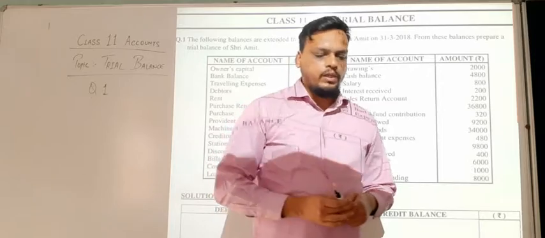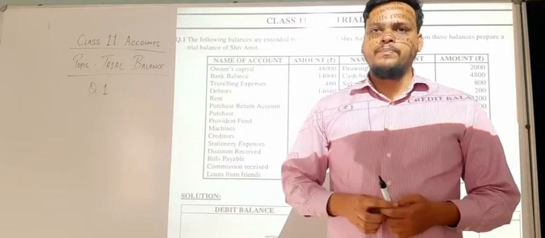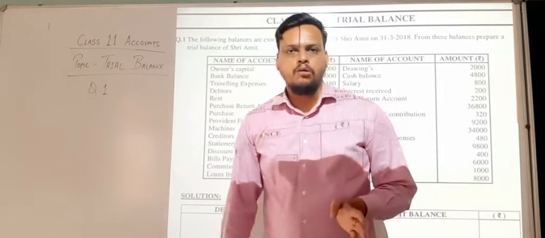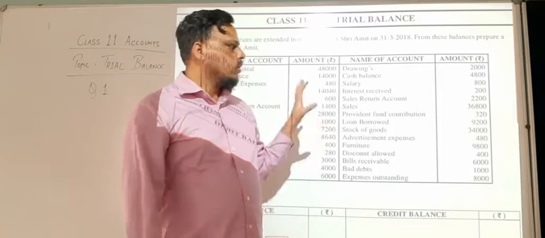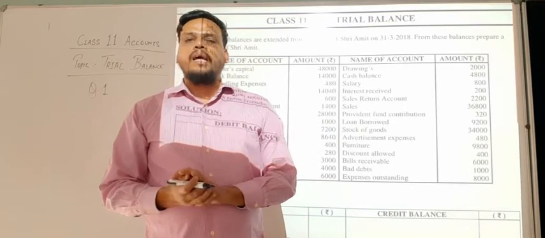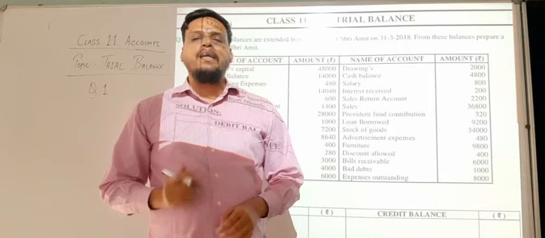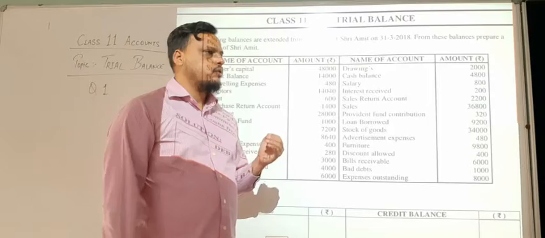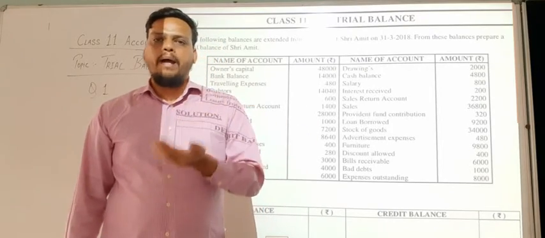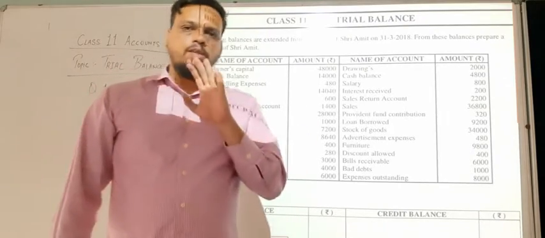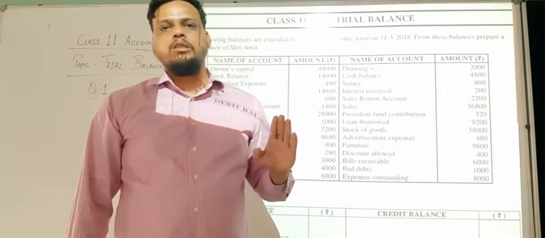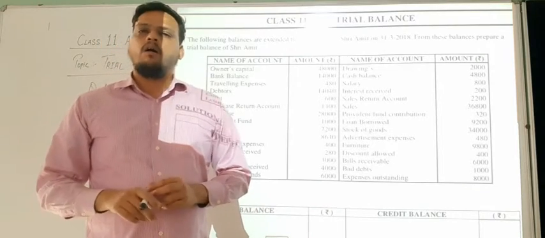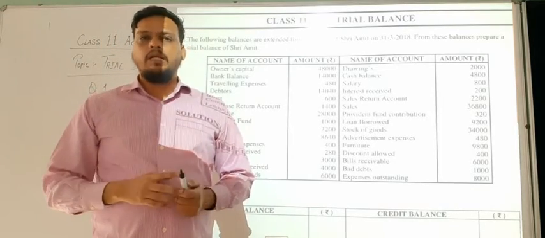In today's video we are going to solve one question. I have a question on my board and the smart class is going on with that. I have given all the question aspects: how this question can come, how you can identify, and how you can write the answer for trial balance. In the next video also I am going with one more question to understand better. Today we will start by studying that question and then I'll solve it in the same tab, and later I'll make sure that the total comes in the appropriate way.